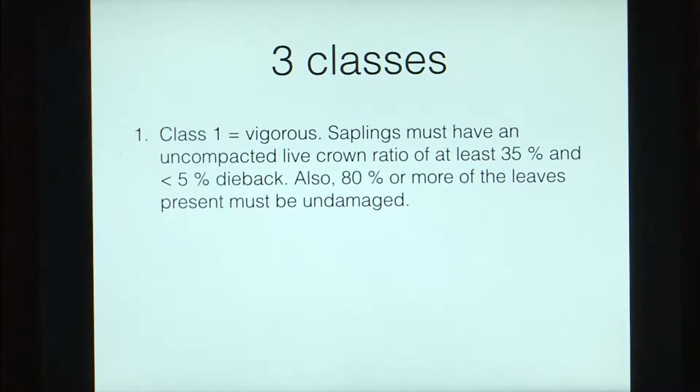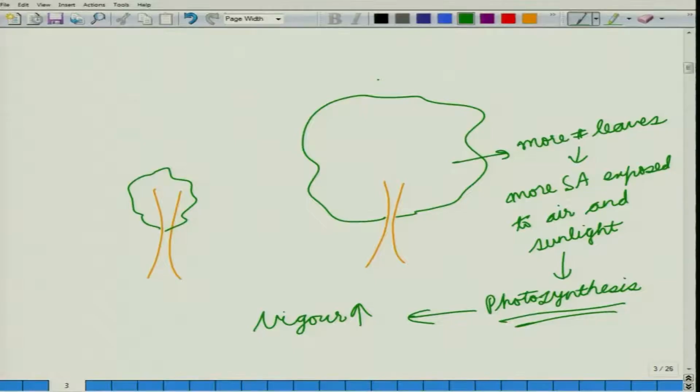Here the saplings must have an uncompacted live crown ratio of at least 35% and less than 5% dieback. Also 80% or more of the leaves present must be undamaged. So, now we can see here that it is vigorous when the uncompacted live crown ratio is at least 35%, which means, now coming back to the tablet, that if we have this as the total length,